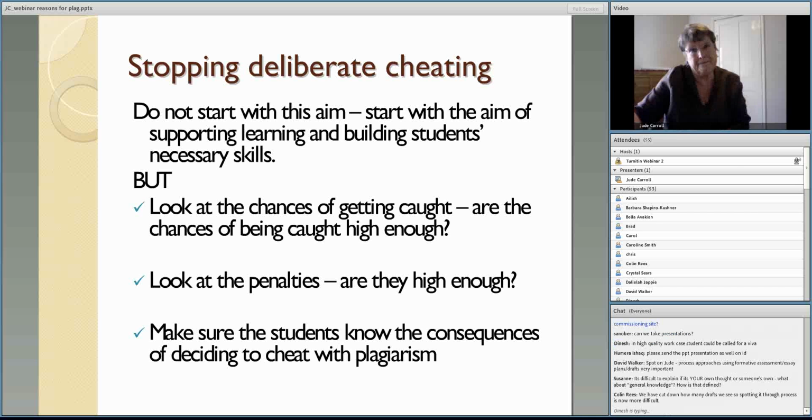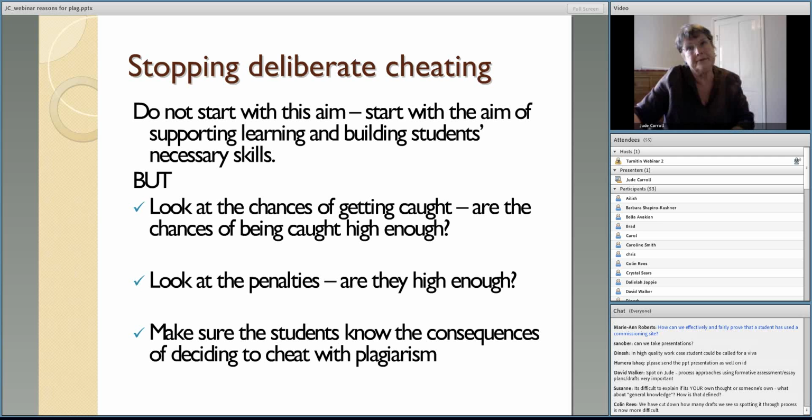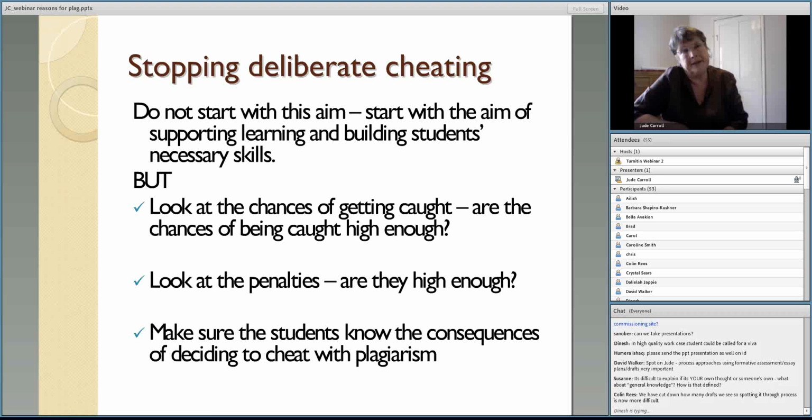And we've had another point that I think would be useful to pick up on about how do you know, or how can you work out if students have used a contract cheating site? What strategies might you be able to use if you suspect that? Right. You will have another webinar on detection. So these things probably can come up there as well.